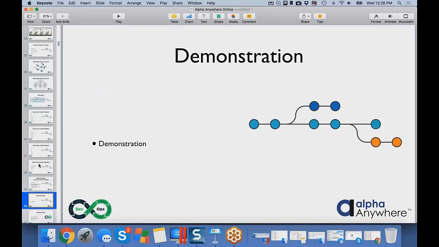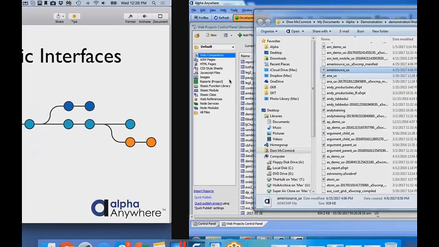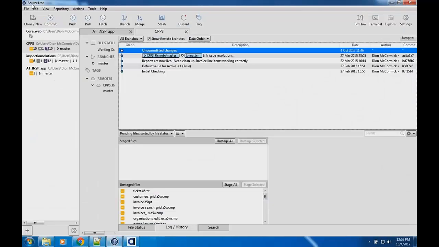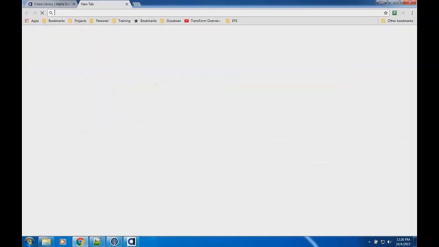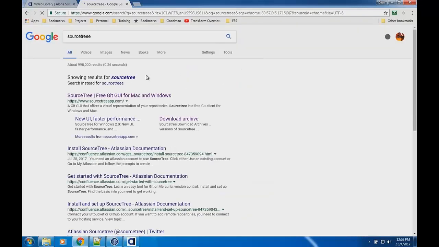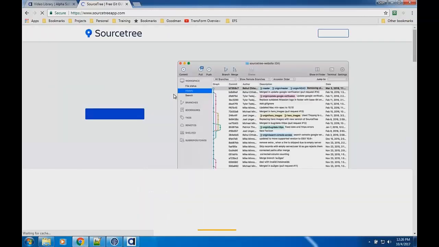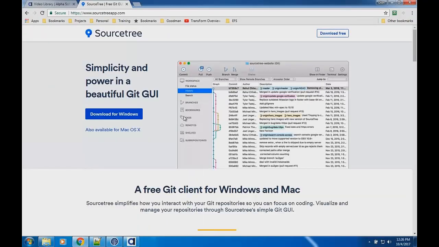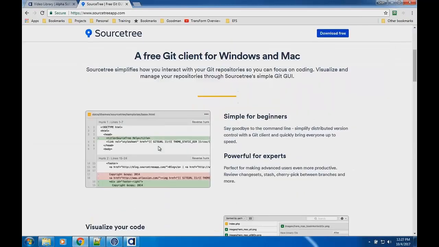Now, as I mentioned before, there are some incredible graphical user interfaces. One I use heavily is something called SourceTree. Again, it's free, from Atlassian, which is a monster company that helps provide issue tracking and other things like that. It's available for both Mac and Windows, and they have a nicer, beautiful version. I kind of use an older one here.